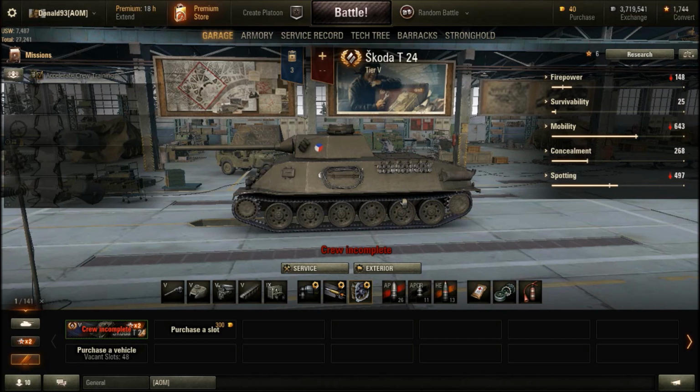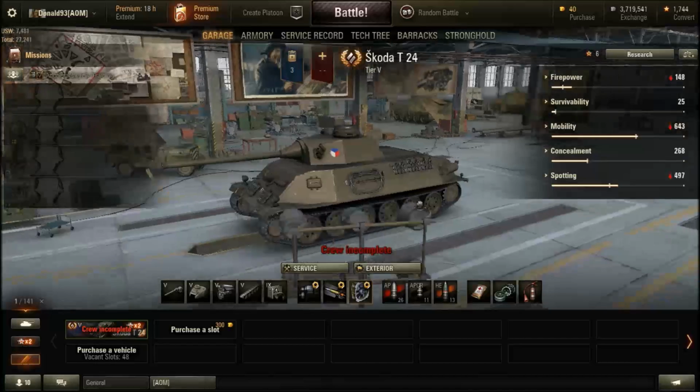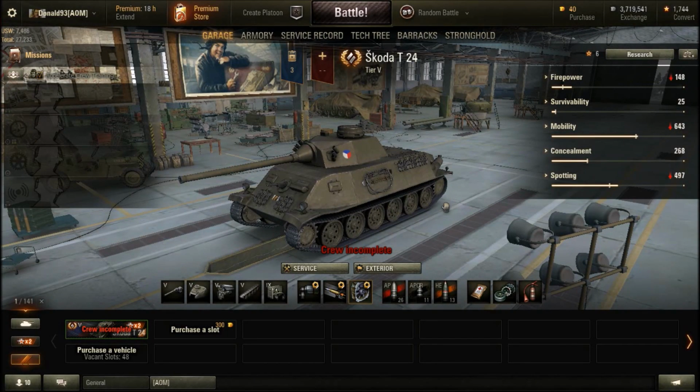Now let's cover the roles that you are going to be playing the Skoda T24 in. For all purposes, the Skoda is a jack of all trades type of medium tank. You can play it as a frontline medium tank, as a support tank, as a flanking tank, as a sniping tank,